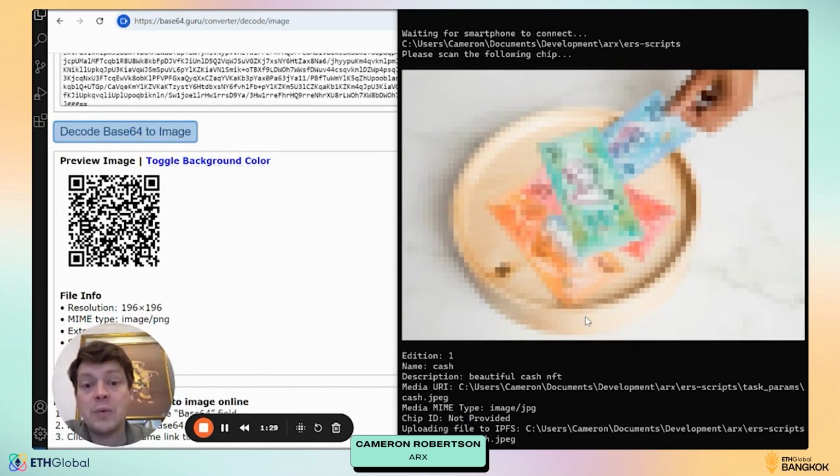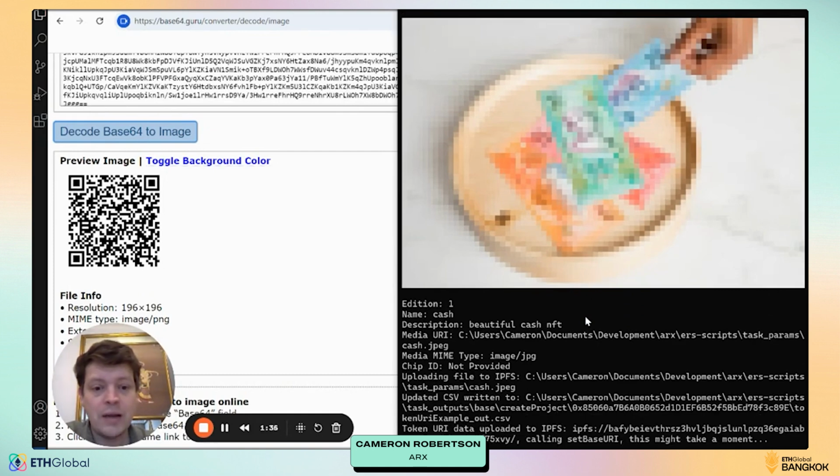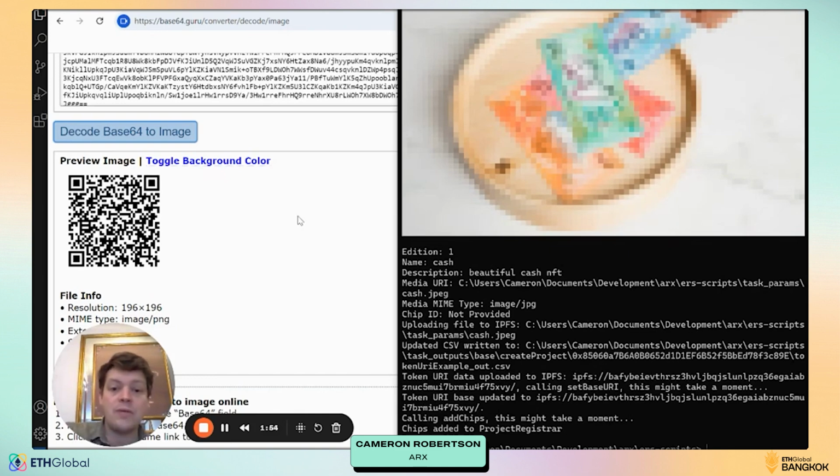And what we're doing now is we're uploading the information to IPFS via Filebase. We're outputting the token data, and we've gone ahead and added that to IPFS. And pretty soon we're going to go ahead and add that to the project's token URI data. We're calling add chips on the contract now. Great. Now we've added the chip to the project registrar. We have our first chip enrolled. We're basically good to go. This chip should be able to redirect through ERS to the app. And if the app were so equipped, it would be able to render out this token metadata and show off